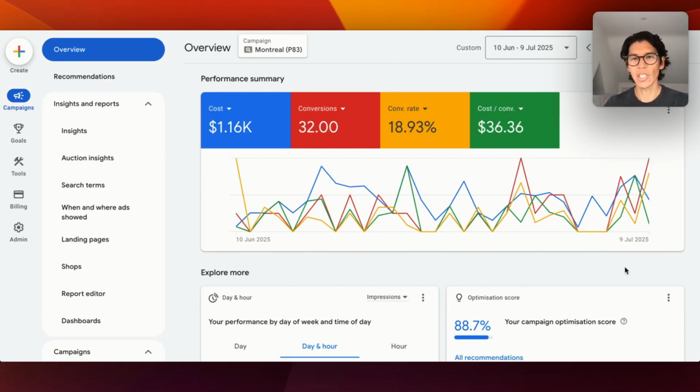So let's jump straight into it. I've just picked out the last 30 days worth of data here, and as you can see in the campaign we spent just over $1,100. We've generated 32 leads, so this is a mixture of calls and quote requests, so people filling out a short lead form. That has meant that we have generated leads at about $36 each, and the conversion rate is how